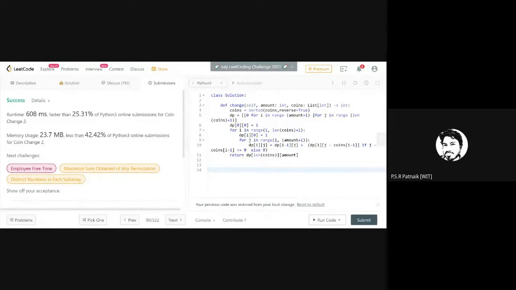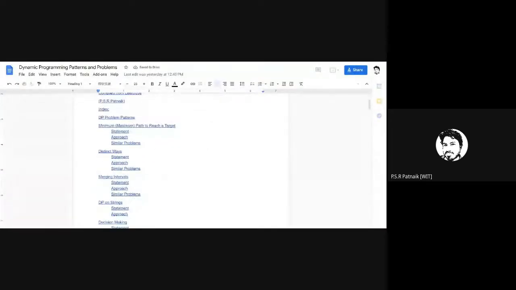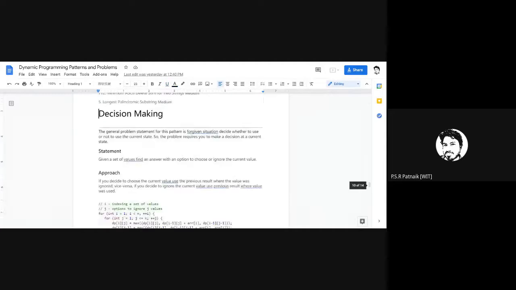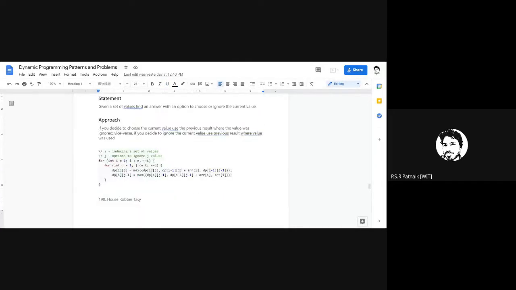My initial advice is, let us suppose I have 7 problems in decision making. Let me see if I can open that dynamic programming page. Okay, so how would you go further from here? So if you look here, I think this is decision making, right? So on this decision making, you can see